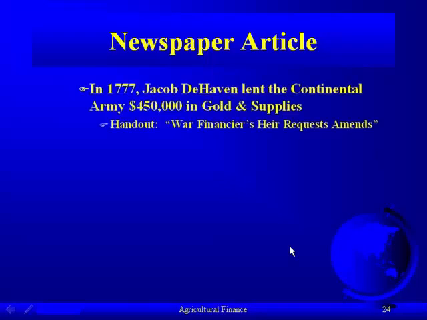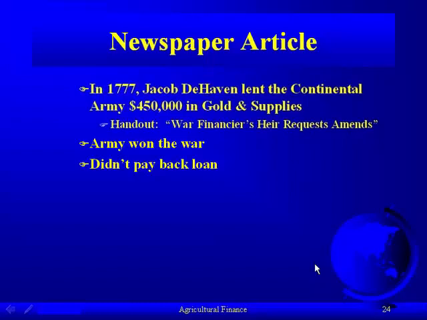I've summarized this newspaper article. And what this article reports is that in 1777, Jacob de Haven lent the Continental Army $450,000 in gold and supplies. And that's in your handout on War Financier. It goes on to say, as we all know, that the Continental Army won the war because we're the United States